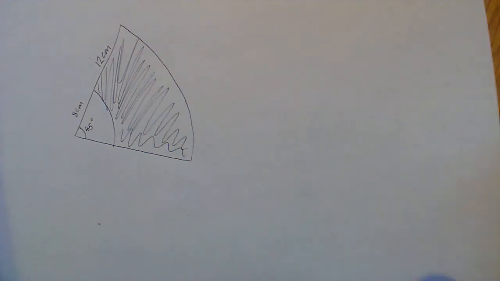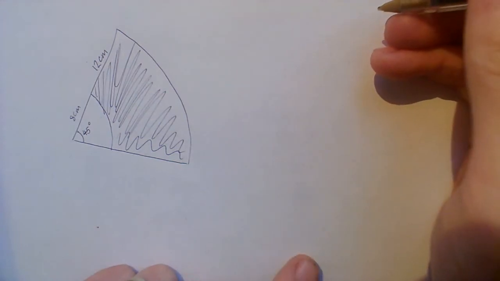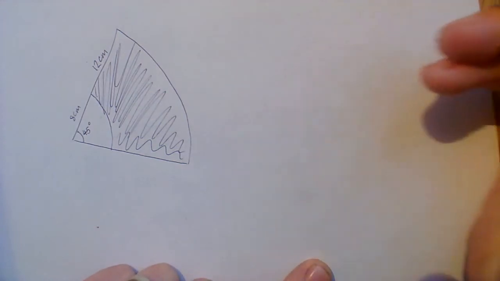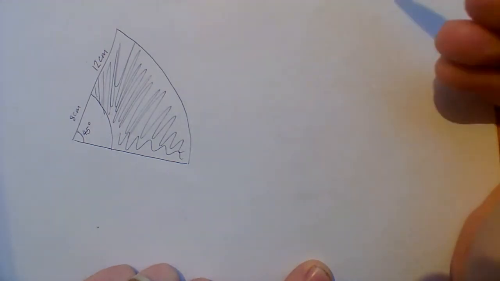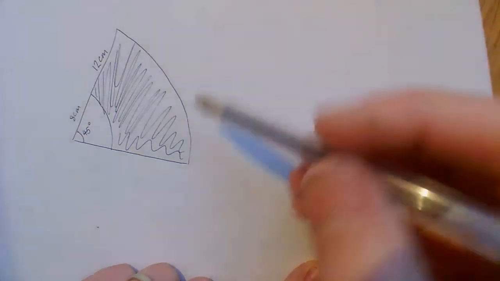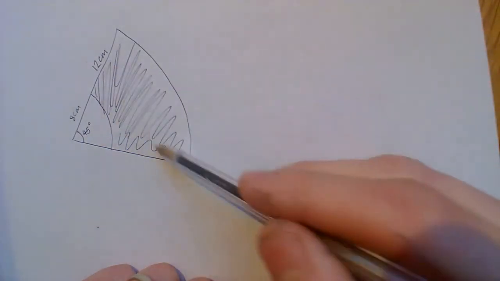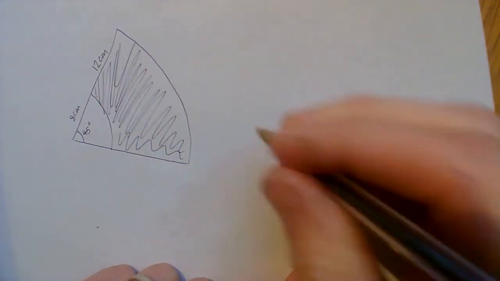So this is the final video in this little set. This one here is looking at a much harder, or certainly a more lengthy, areas of sectors question. We've got a lot more to do. Now you might think this is a bit familiar from when we did the areas of circles extension question, and it's very similar. So here I'm looking for this shaded area here, and I've got information about a big wedge and a little wedge, and we're actually going to get to